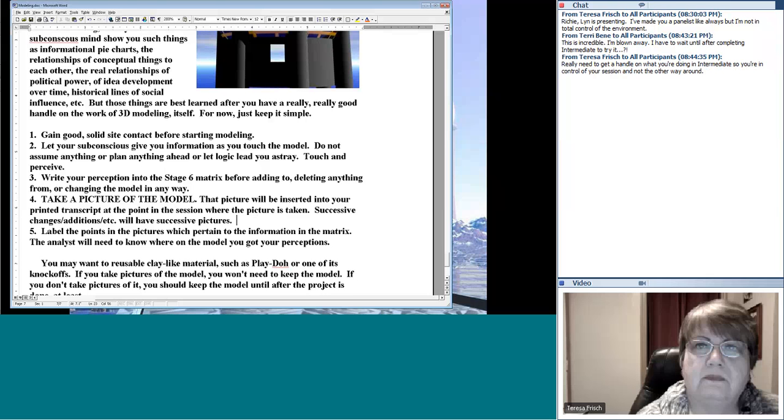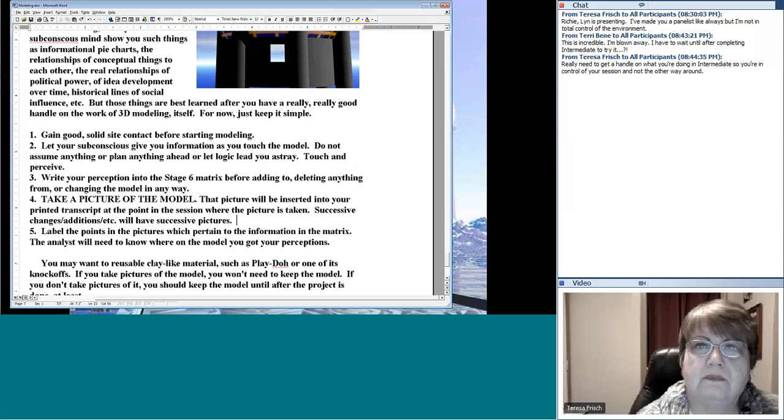Label the points in the pictures which pertain to the information in the matrix. If you say at point 1, there is something hot, okay? When you take that picture, label point number 1. And it will tell an analyst, or it will tell you years later exactly where you felt the heat